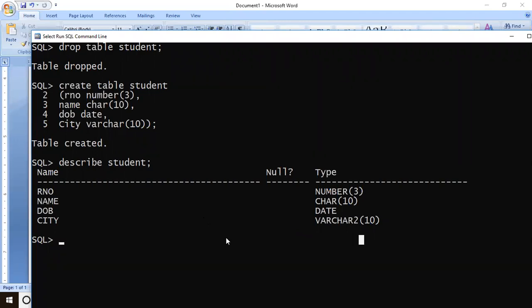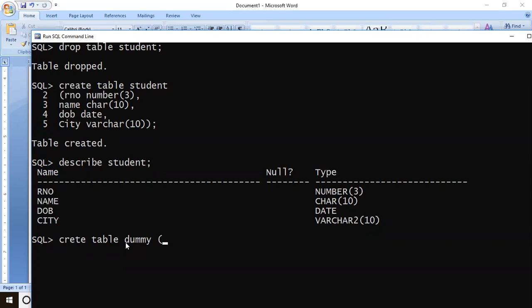Ma'am, if we write the command, roll number, name, all that in a line, then how will the table be formed? In the same line. Yes, as long as you have followed the syntax and given the commas. I will show you one more table creation sample. Create table dummy, and I will start my round bracket here.